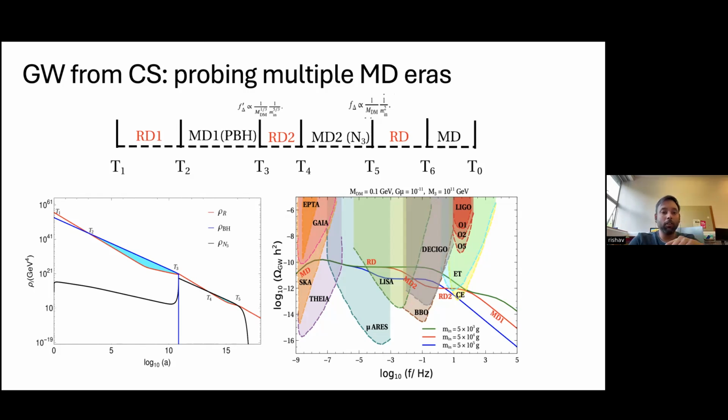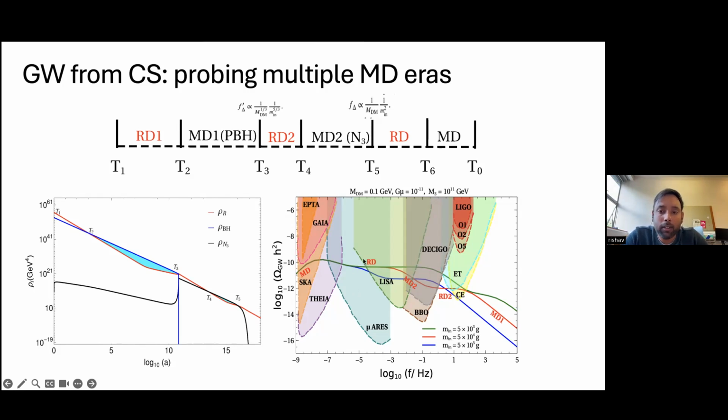Now, because of the presence of multiple matter domination, this will show a deviation in the gravitational wave spectrum. Because as I said, the typical feature of the gravitational wave generated from cosmic strings is a plateau and then a fall. Now, if there existed any other matter dominated era in the universe, this spectrum will deviate from its original. So as you can see on the plot on the right, we see different bends and falls in the spectrum of cosmic strings.